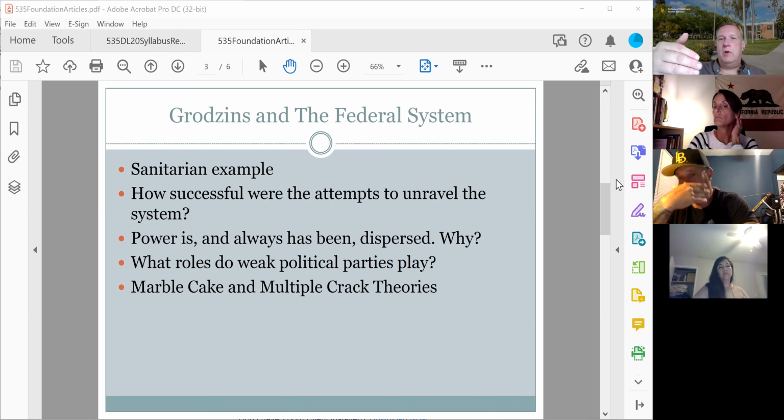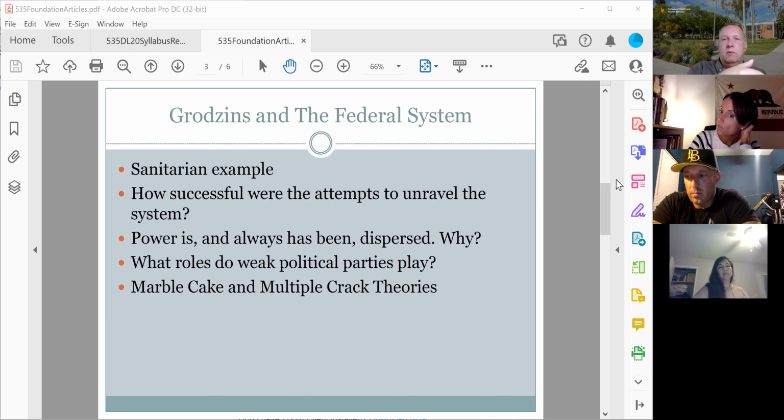Send letters to your member of the state assembly or state senate, to your city council person, to your member of your school board. Or you can go directly to the administrative agencies that are administering these programs. And that's another crack that you can exploit in the system in order to participate and have your voice heard. This really gives birth to this idea of a multiple crack type of federalism. So Grodzins argues